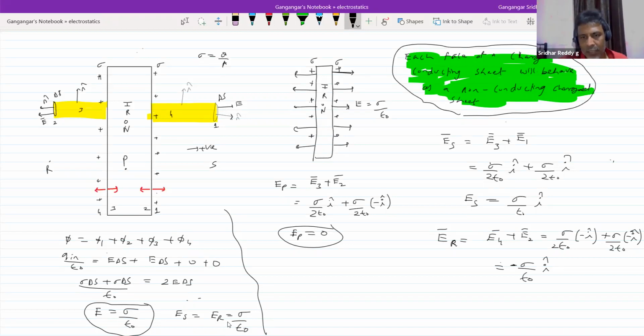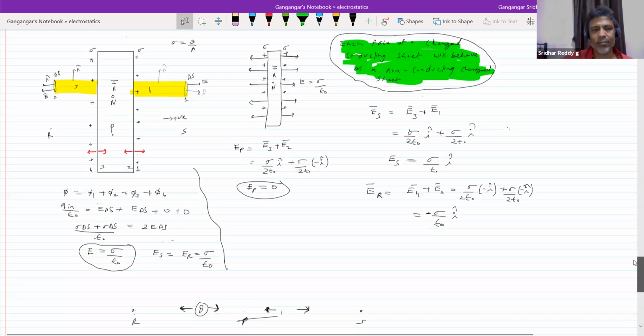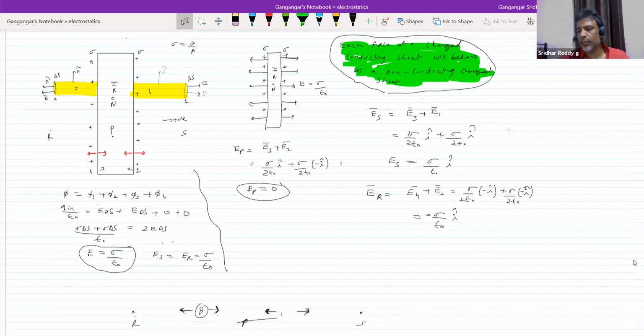So this way of thinking is very important. It's what the SUMI is telling. Rather than you apply Gauss and get the field due to conducting sheet, okay, fine. But always assume conducting sheet to be made up of two non-conducting charge sheets, and analyze the problems, is what it is telling us. Almost one page discussion is there in SUMI. Okay, I'll proceed for next, the same thing.